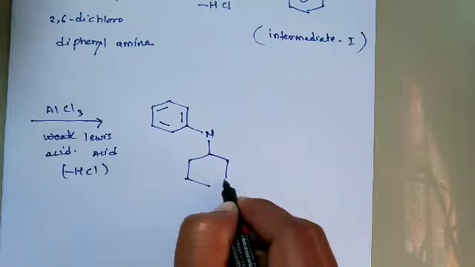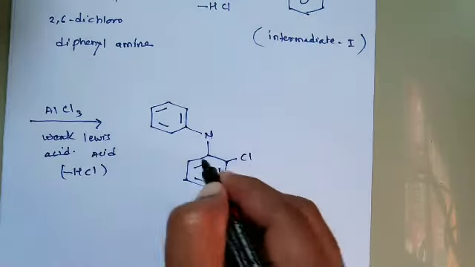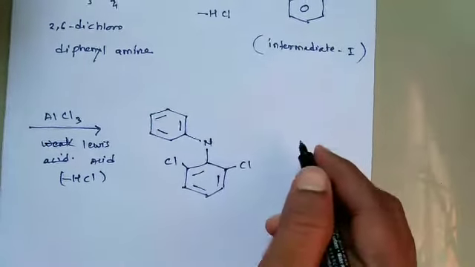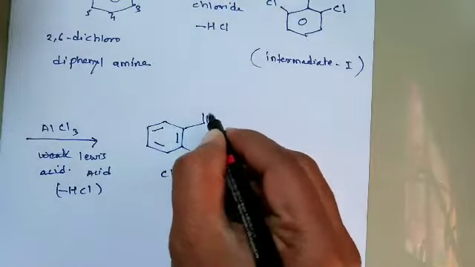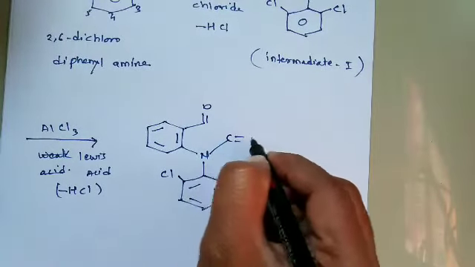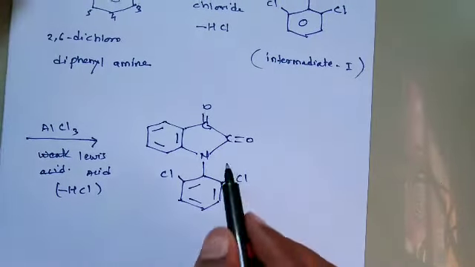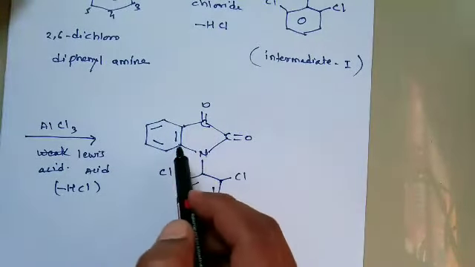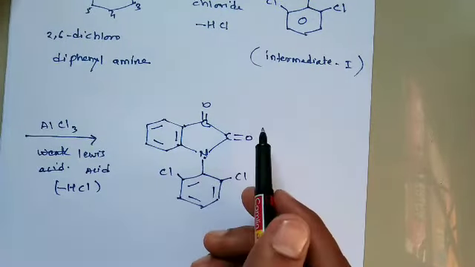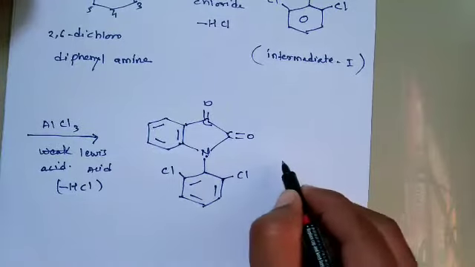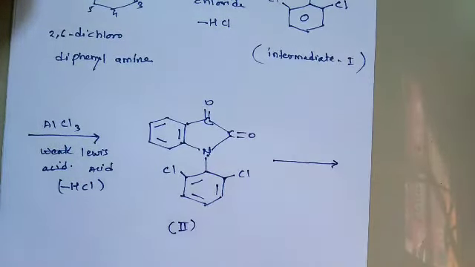How to write the structure? Same, but only the ring closing takes place. The ring closing takes place and formation of a 5-member cyclic compound with carbon, 2 carbons of the benzene ring, 1 nitrogen and 2 C double bond O. After that, the second intermediate, this is the second intermediate,